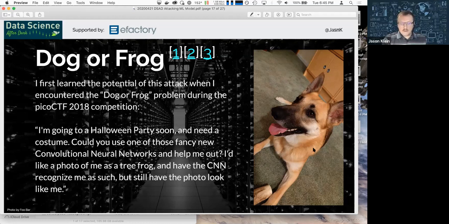This is a picture of the dog that they had in the competition, named Trixie, and they wanted you to upload the image to their website and convince their website that it was a frog. But the catch was they didn't want the image to be significantly different from the original image they provided. So you couldn't just upload a picture of a frog, because it would know that that was definitely not the same image.